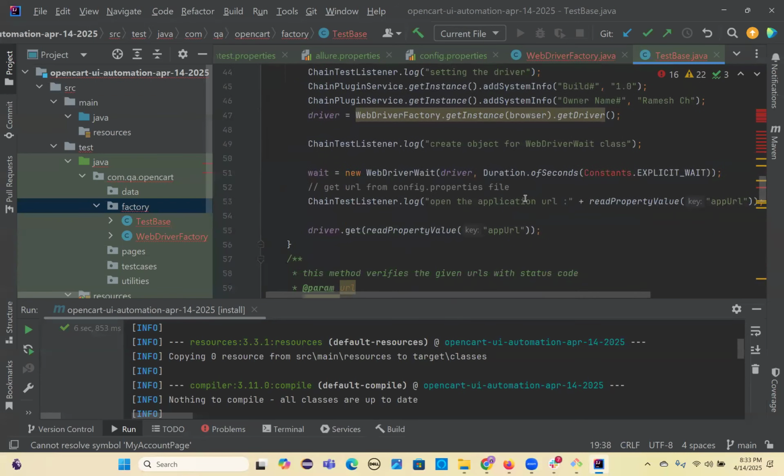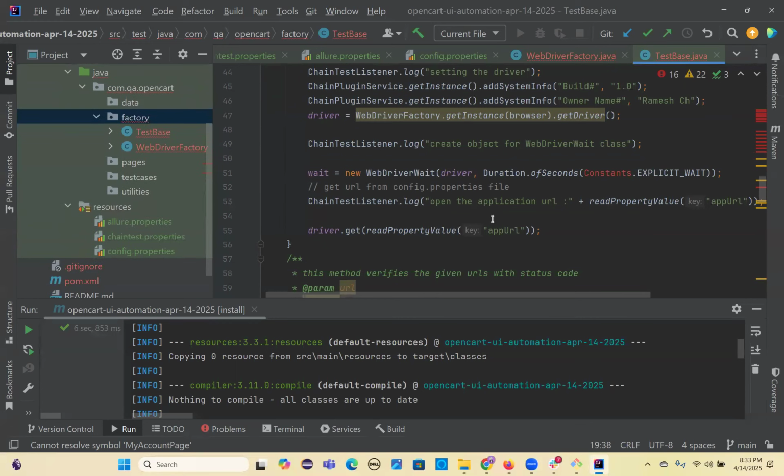Now, see, even this constants class is not there. We'll create it under utilities. Till this point, let's complete it and come back tomorrow. We'll continue further. So what we did, guys, till now,